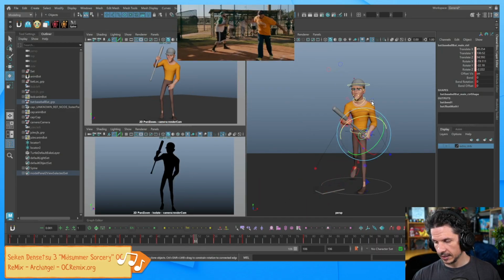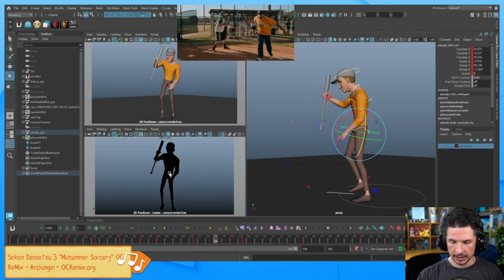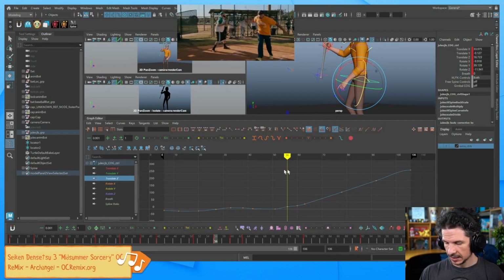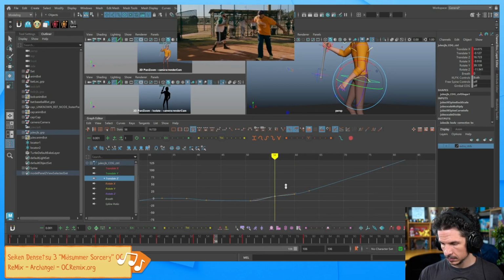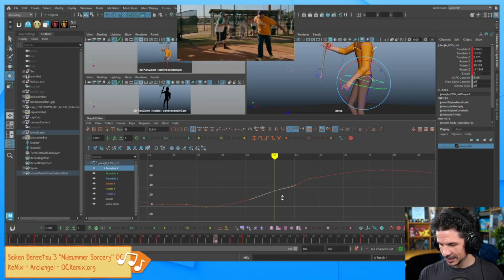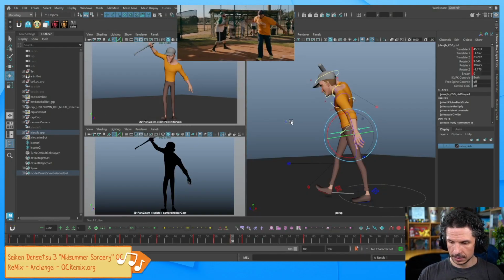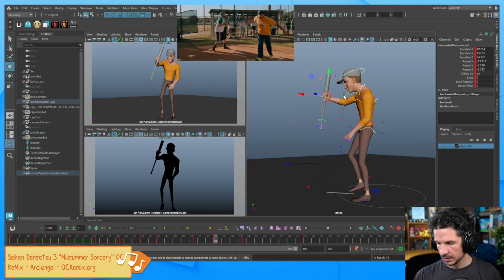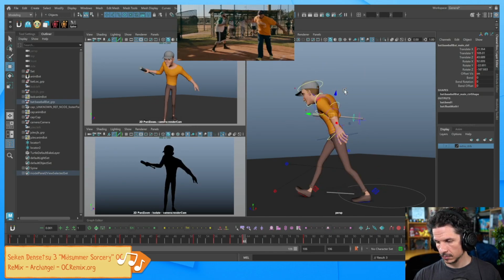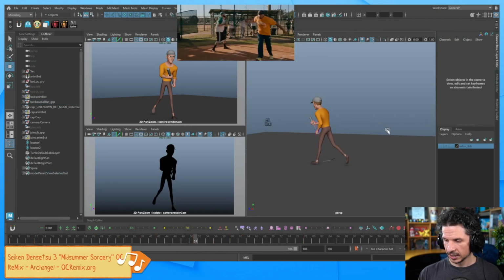Okay. So for now, I think this is pretty good. It definitely needs a lot more work in certain areas, but it's not terrible. Just fixing some translation issues there. We get a nice smooth motion right through there. Okay. So this is going to need to go a little bit further back here. There we go. Now, one thing I always like to do is just look at your shot from different angles